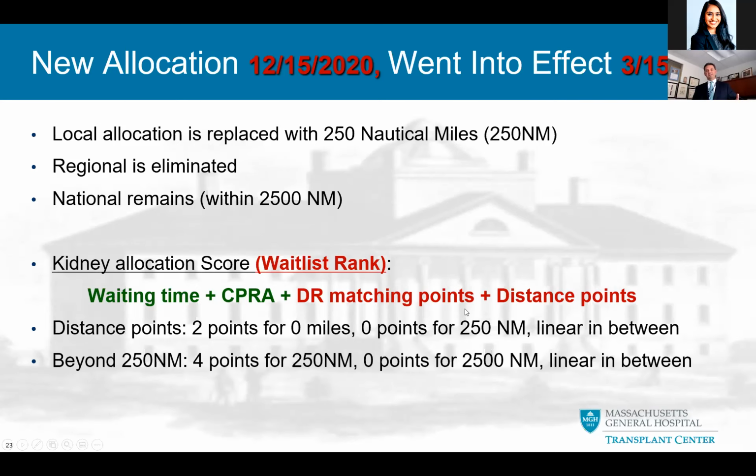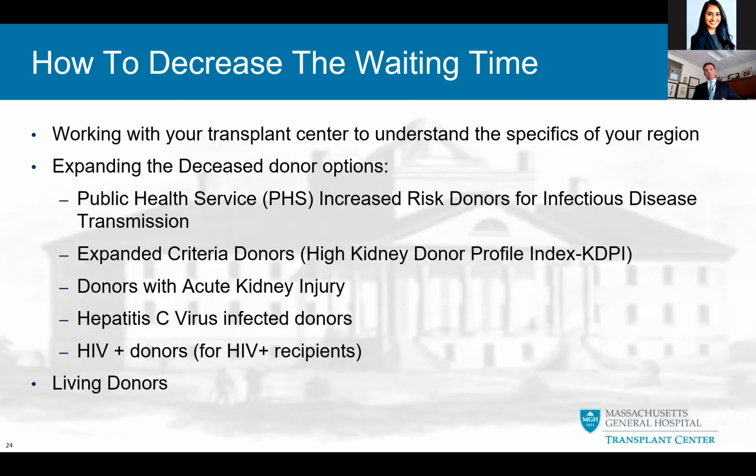So this changed a few things. As I said, New York is within our circle, so we're sharing organs with New York. And New York had, as you saw from the earlier slide, a longer waiting time. So patients in New York are getting more opportunities, not only from New England, but also from the Midwest and the Mid-Atlantic. And that's the idea, that these circles overlap in a way that in a few years, hopefully a couple of years or shorter, the country will have more similar waiting times across the board, that we will get to that point and not have these significant differences across state lines.